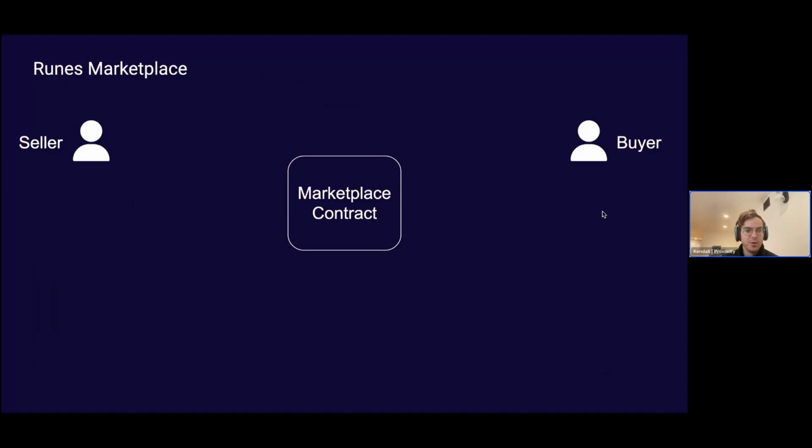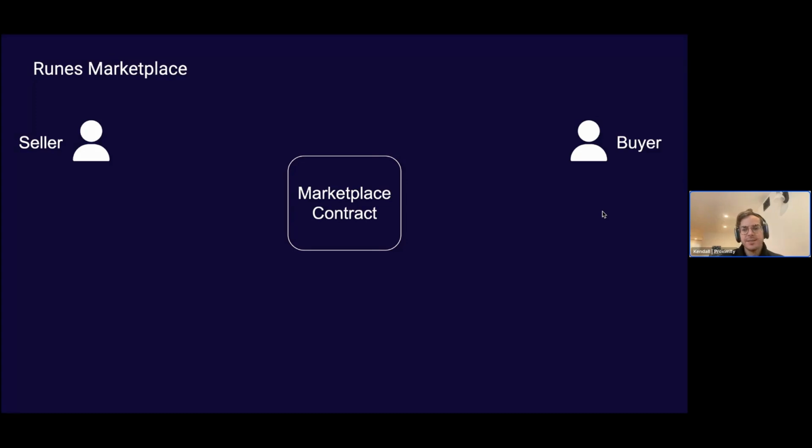So to walk a little bit through a very clear example of an interaction pattern on a certain type of application, I created this example of a runes marketplace just to show you where Near fits into this, where Bitcoin fits into this, and how you can think about some different types of application patterns using this technology. So let's imagine that we have a seller of runes, like these runes, let's say, exist only on